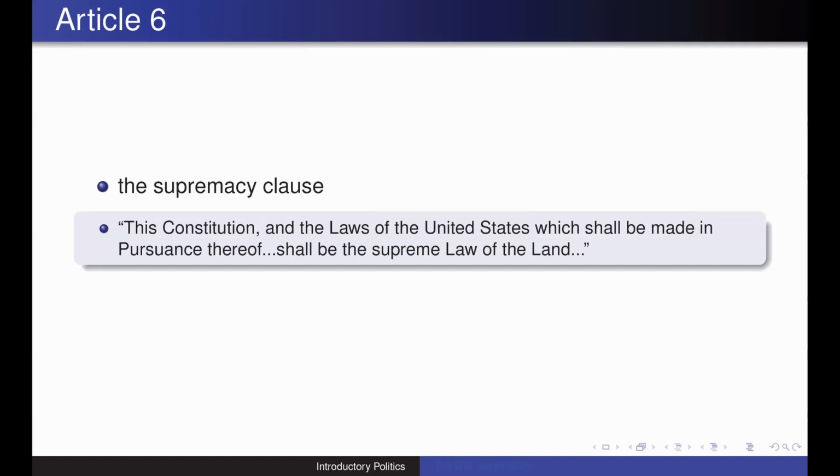Article 6 contains other elements as well, namely issues related to debt, sovereign debt, and state level debt, issues related to whether or not there's going to be some sort of oath that is allowed to be taken, whether or not there's going to be a religious test as a means of qualification, which there's not, and various other small elements like that.